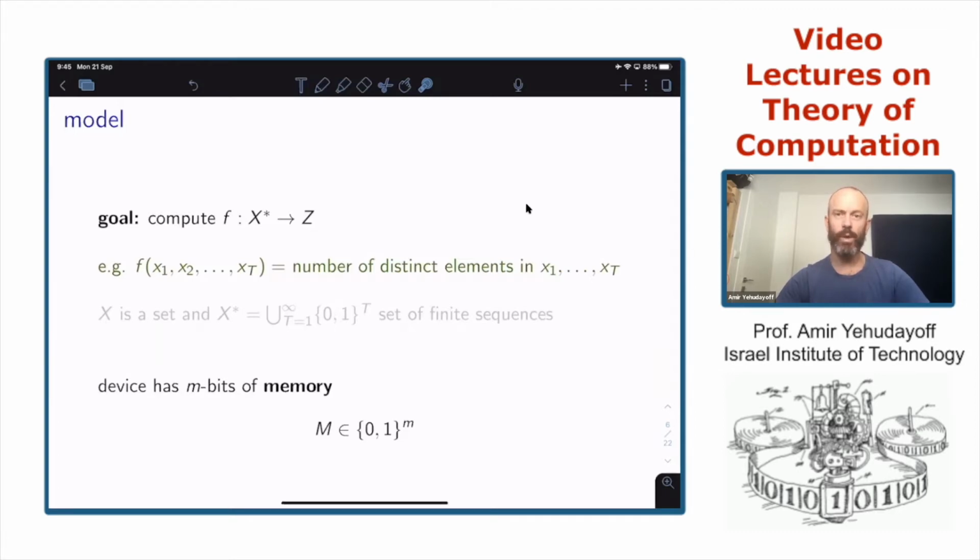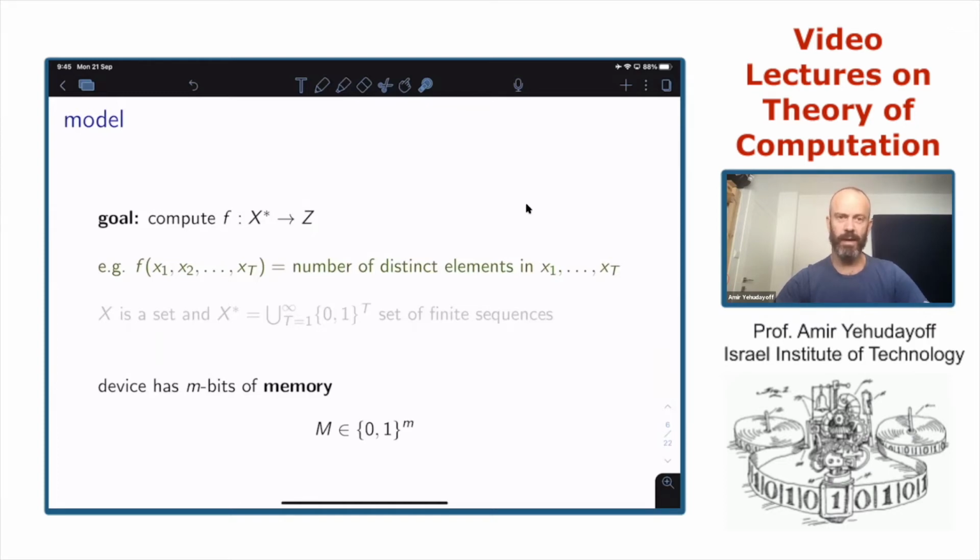The way we will model it mathematically is that the memory, denoted by capital M, will be a string of bits of length m. So we will have little m bits of memory. This is the computational resource we want to focus on. The goal is to compute a function of this sort, and the resource we want to model is the memory size.